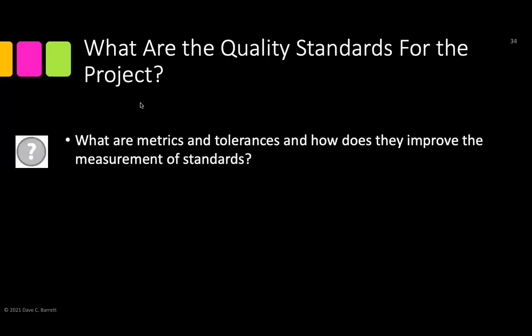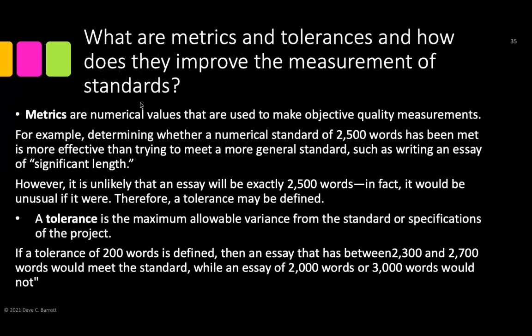So if we talk about what are the quality standards for the project, these are metrics and tolerances and how they improve the measurement of standards, right? So if we talk about metrics and tolerances, metrics may be numerical values that are used to make objective quality measurement. For example,